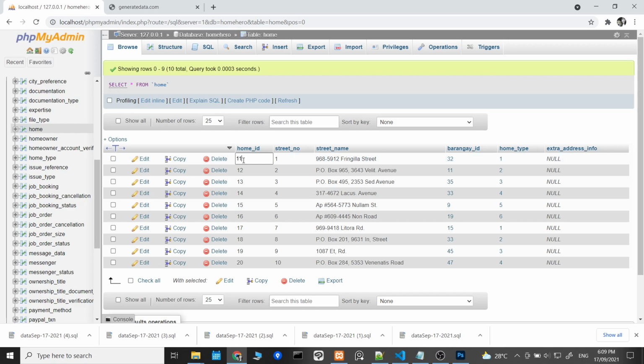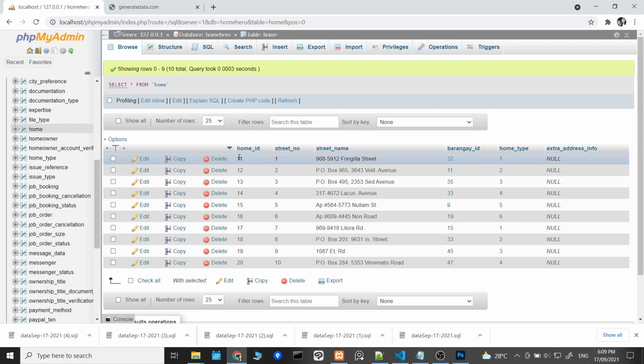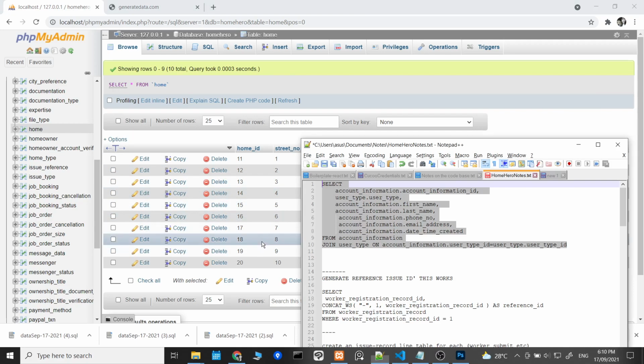So if you're wondering why it doesn't start on 1, remember when the error happened when we tried to upload home and the trigger failed, it won't upload data. So that's why it started at 11, because it will only upload data when everything passes. So you don't have to worry about unlinked data. Since the home ID is 11, 12, and so on,